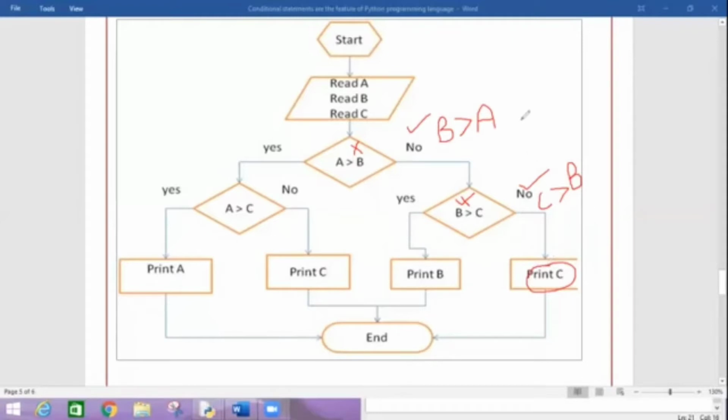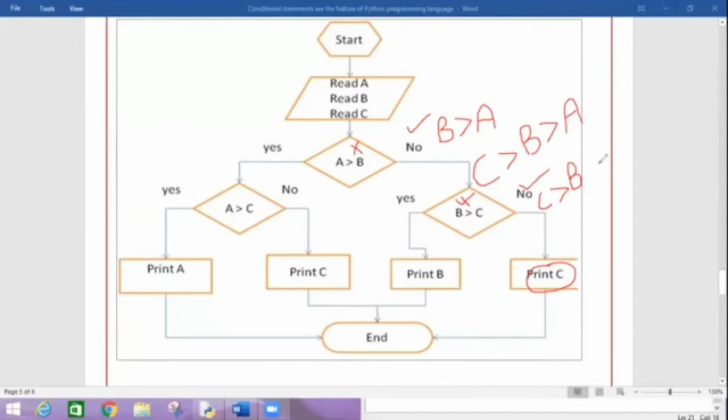Because as you can see, B is greater than A, B is bigger than A, and B is smaller than C. So if you write this condition in this way, C is greater than B and B is greater than A. So which one is the greatest number?